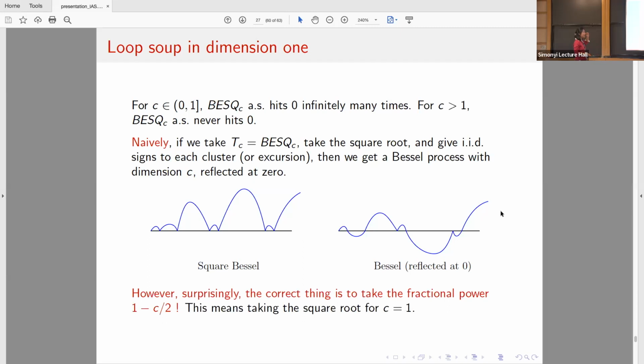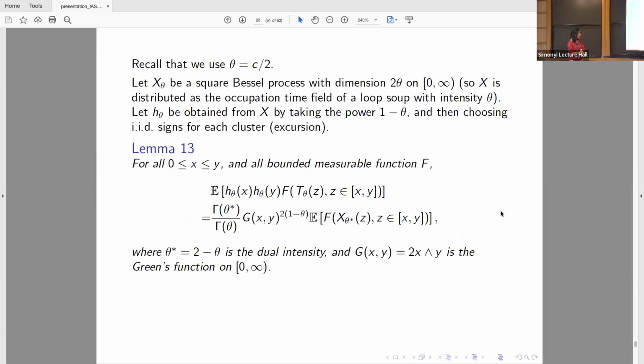So naively, this is what can make you think at first that you should take the square root, because in dimension 1, you get Bessel. But in fact, surprisingly, the correct thing to do is to take the fractional power, not a square root for general C. So one reason to see why the fractional power is good is, so if